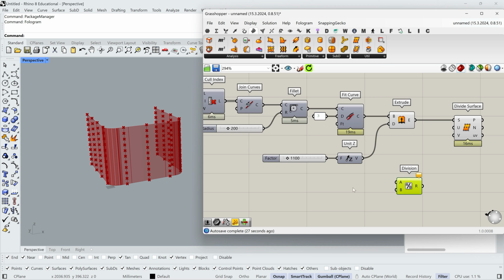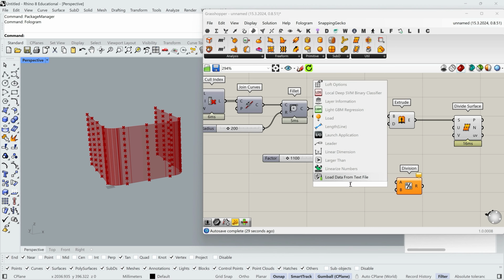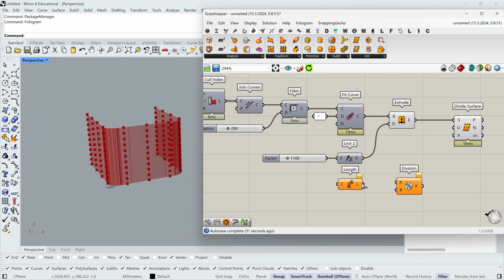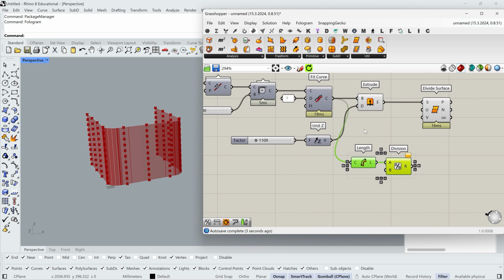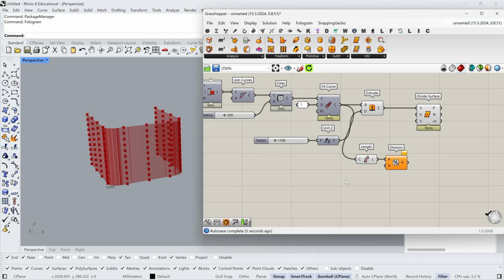First, I will divide the length of the base curve to a value of the spacing between rods, let's say 50 millimeters.